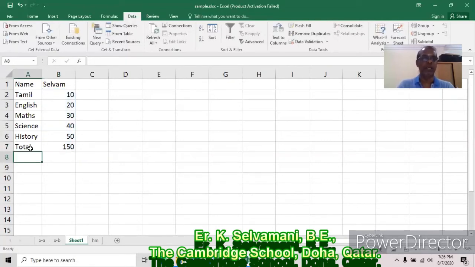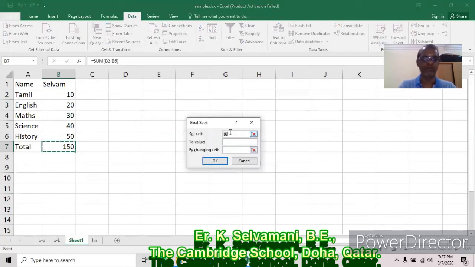After that, I want to change this total marks from 150 to 200. That means if any one of the subject marks should be increased 50 marks, then only it becomes 200. I like to change 10 as 60. This is one concept. I make it undo. Otherwise, select the total where you are having one formula. Go to what if analysis, select goal seek.